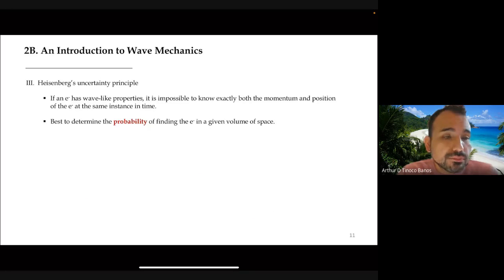In addition, as you all are familiar with, is Heisenberg's uncertainty principle. So according to this principle, if an electron has wave-like properties, it is impossible to know exactly both the momentum and position of the electron at the same instance in time. All right, so taking this into consideration, this is quite distinct from the concept of uncertainty, right? Uncertainty is that